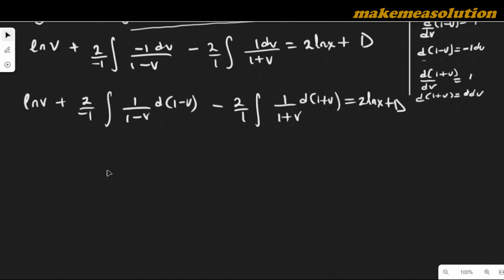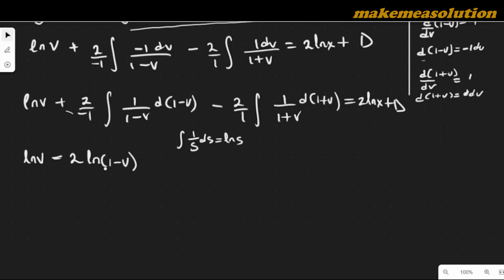So if you do it this way, you get ln v minus 2. Then remember, the integral of 1 over something is what? Ln something, that's correct. So minus has come to this place, 2 divided by minus 1 is actually minus 2. So the integral of 1 over 1 minus v d(1 minus v) is going to be ln(1 minus v),